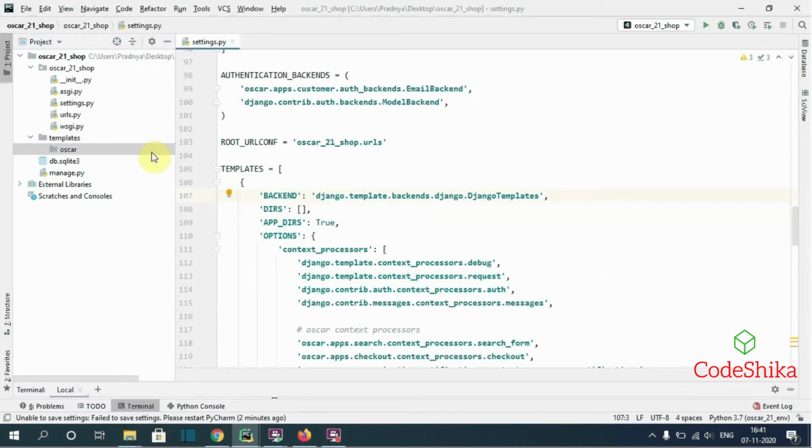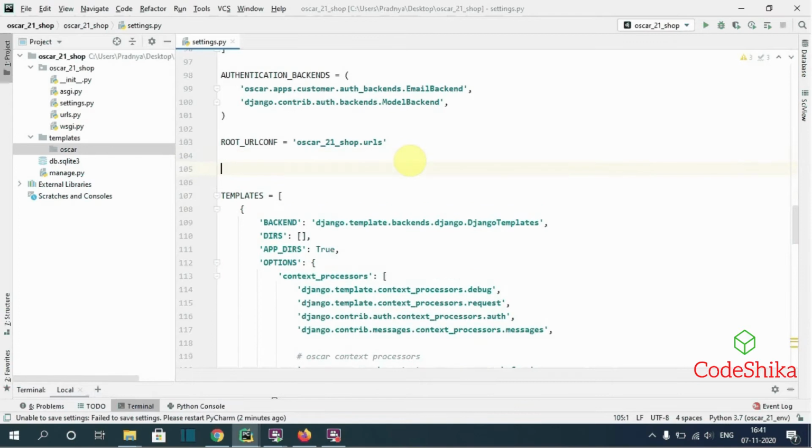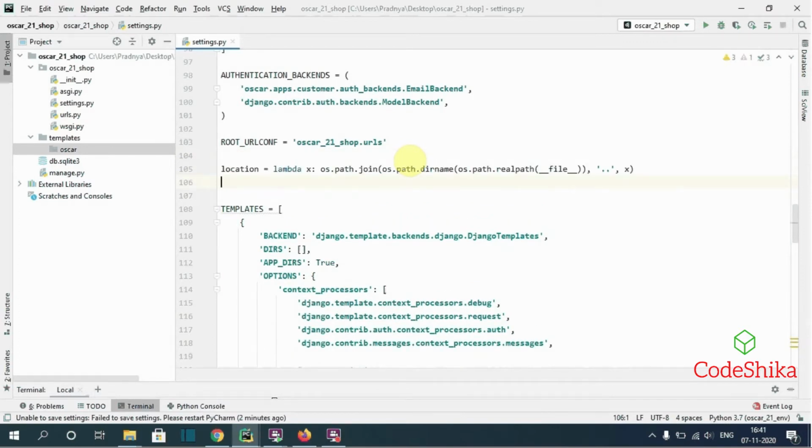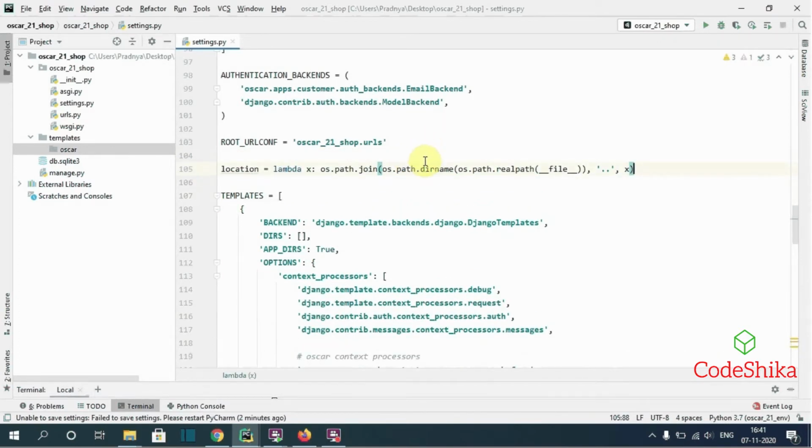Next we need to configure that Django should look for our templates directory for templates, for example, to customize the base.html template before Oscar's base.html. So here I will add some template settings. So this is the function that will determine the full path for our directories.